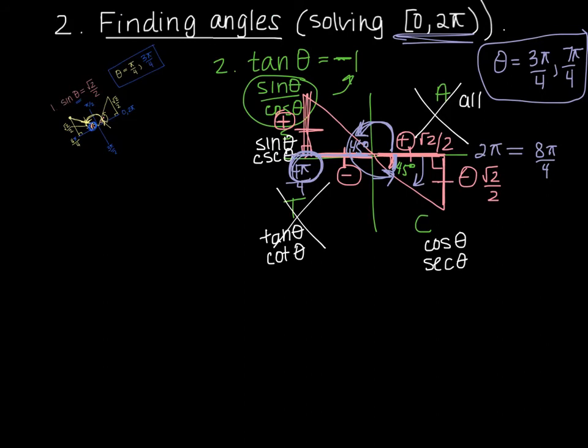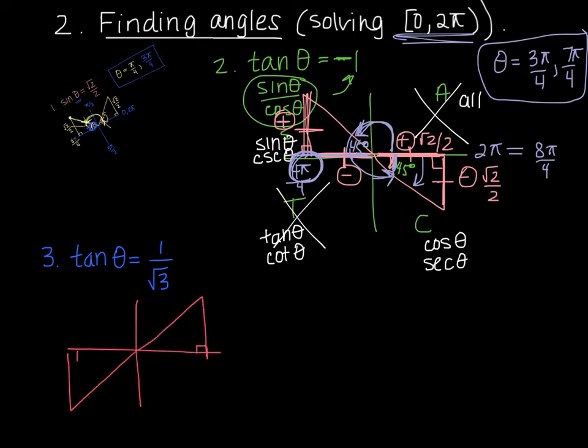Okay, let's do one more real quick here. Let's do tangent of theta equals, we'll do positive this time, 1 over square root of 3. In this case, what I like to think of is that tangent comes from a ratio of sides of a right triangle. And tangent is positive, like we just talked about, in the first and the third. I'm not going to put too much on here because, as you can see, my last graph got pretty busy, so I'll try to keep this one clean. So 1 over rad 3. Tangent is also opposite over adjacent, or you can think of it as sine of theta over cosine of theta.